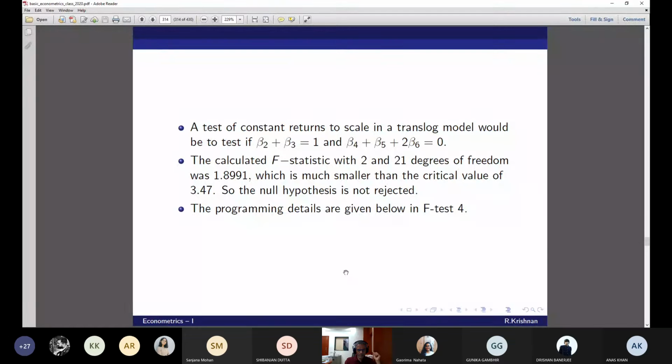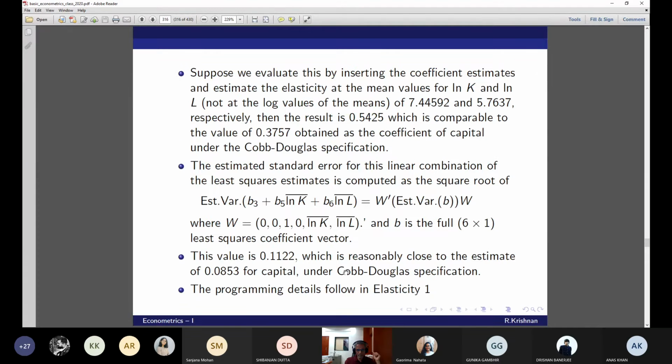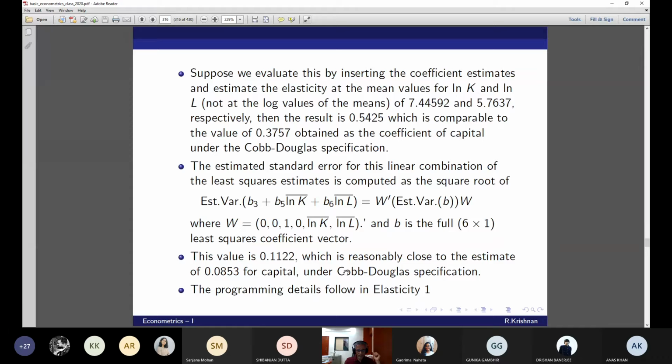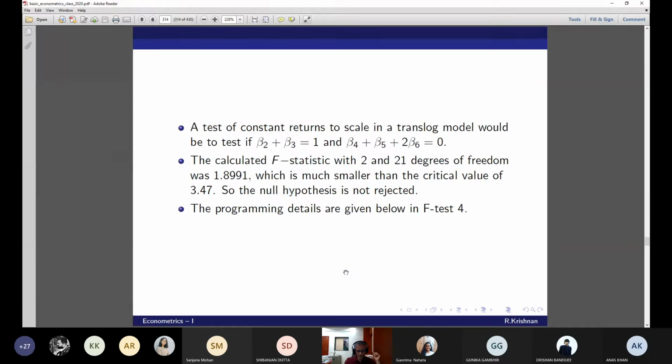Okay, why did they do it this way? This is the explanation. The only explanation they give is to check the half in front. The half in front has already been accounted for. Why they still maintain this half in front, I don't know. But I have to tell you that in the literature, it is always taken as beta 2 plus beta 3 equal to 1, beta 4 plus beta 5 equal to 0, beta 5 plus beta 6 equal to 0. That's the only way. These check different restrictions in the same setup. It's never done this way. But EViews does it this way: beta 4 plus beta 5 equal to 0, beta 5 plus beta 6 equal to 0. They don't add it up like that.